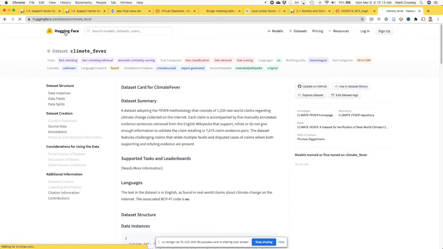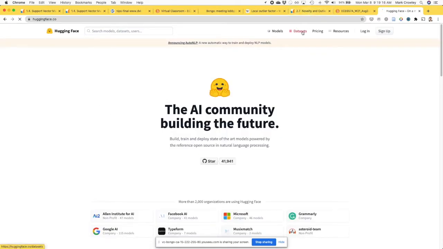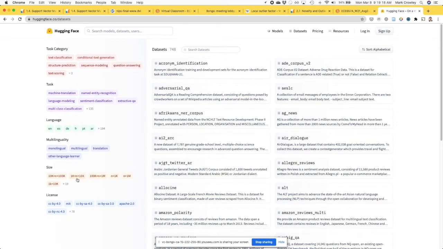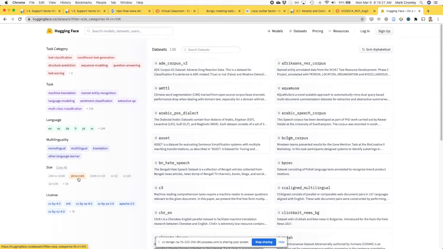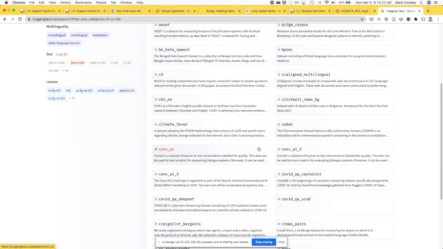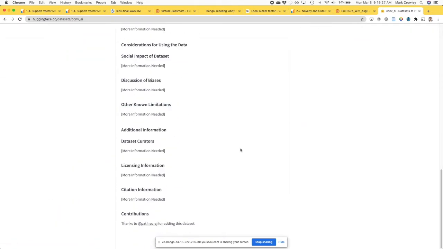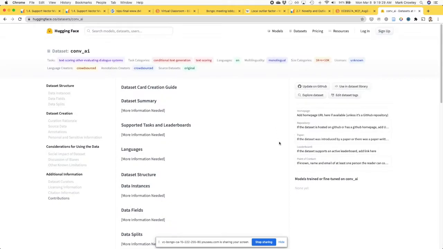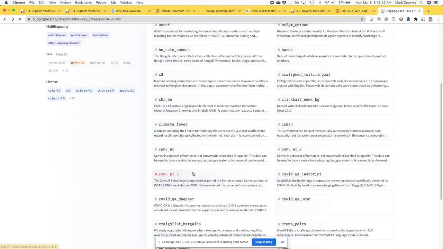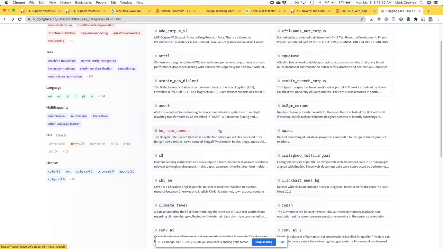And it's kind of cool. Hugging Face is like that. You go to data sets, and you can pick sort of all the data sets here that are a certain size, and maybe some of them have different patterns in them. You'd have to try each one separately and see which one you like.